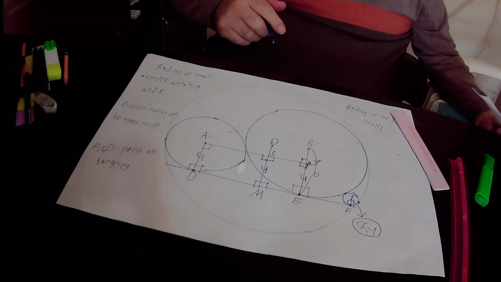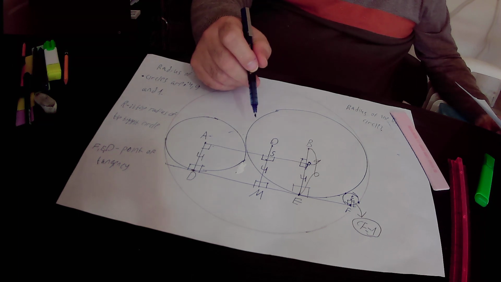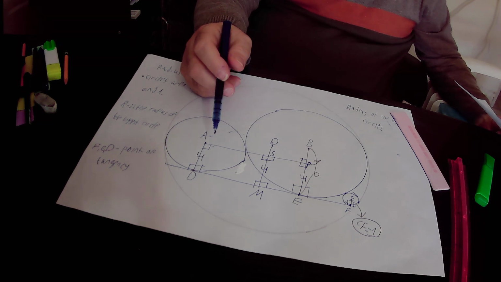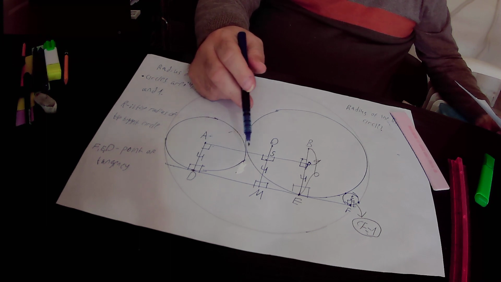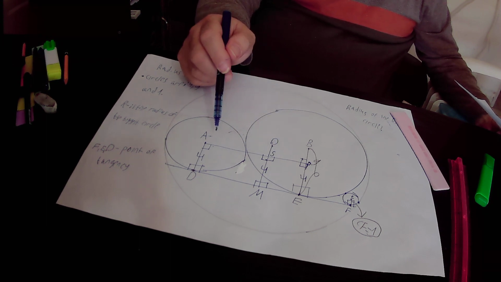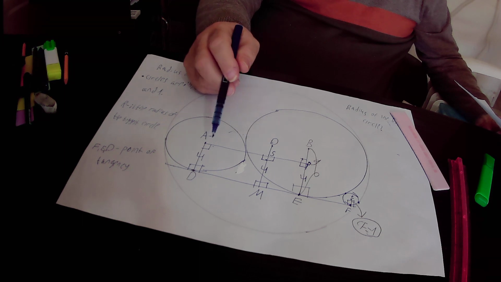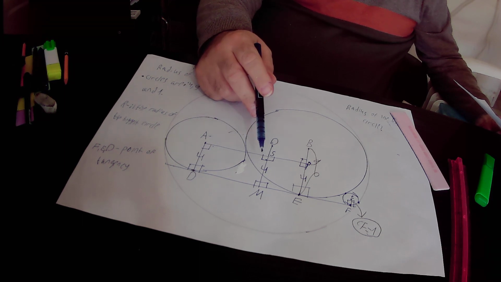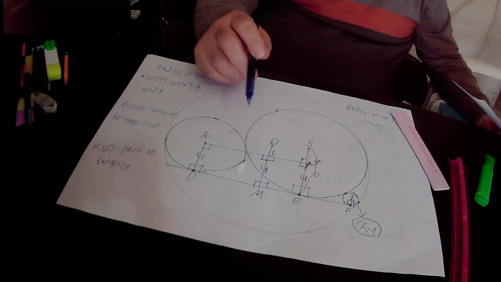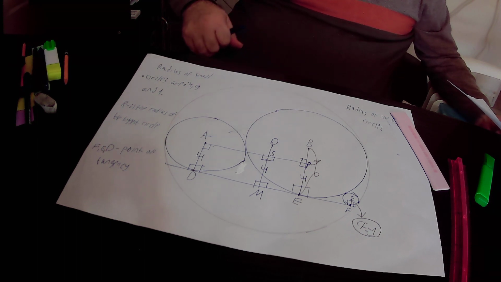So actually we found out that all three quadrilaterals here, quadrilateral ASDM, quadrilateral SPME, and quadrilateral APDE, are all rectangles, and